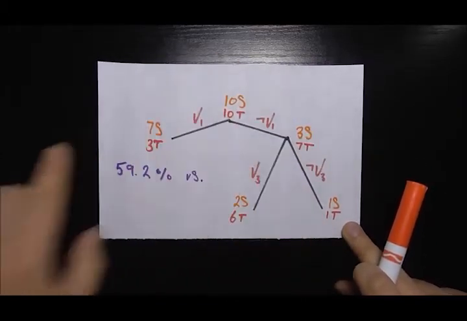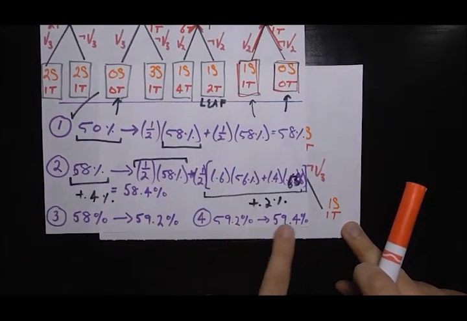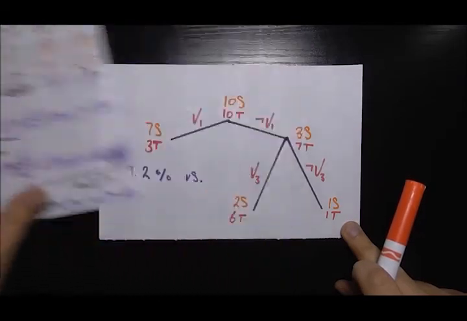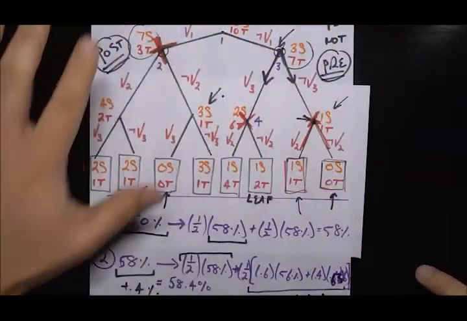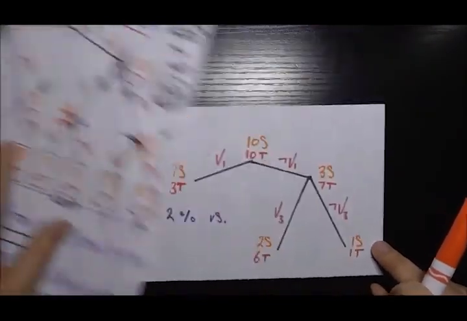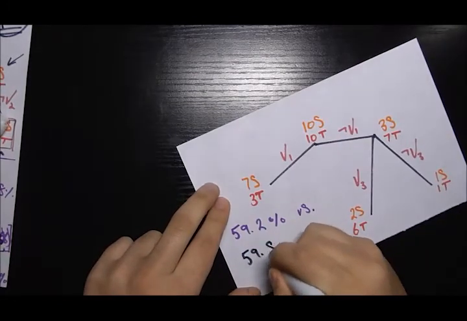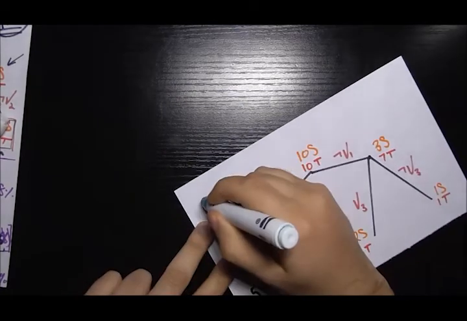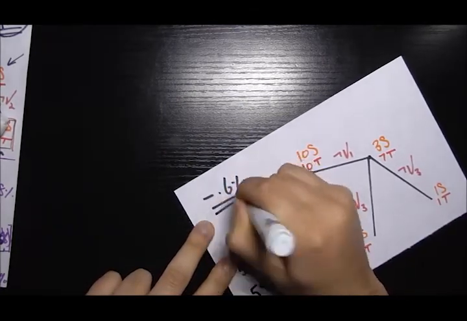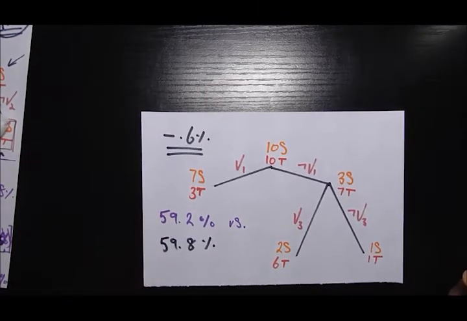So this whole thing, remember, gives a 59.2% accuracy because that's where we ended up. We didn't opt to go for this extra 0.2. Versus if we kept the entire tree, if you did that whole calculation on our correctness, you would find that we would get a 59.8% accuracy. So basically, we're only giving up a minus 0.6%. So that's how much worse we're doing right here. But we've pruned a significant portion of the decision tree, which is going to help us computationally.